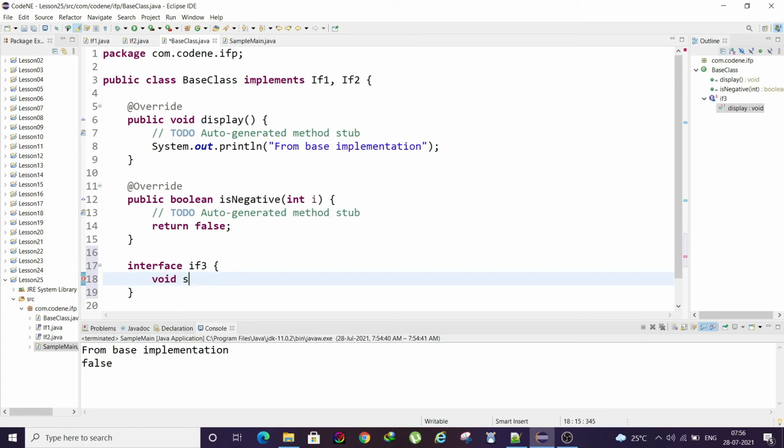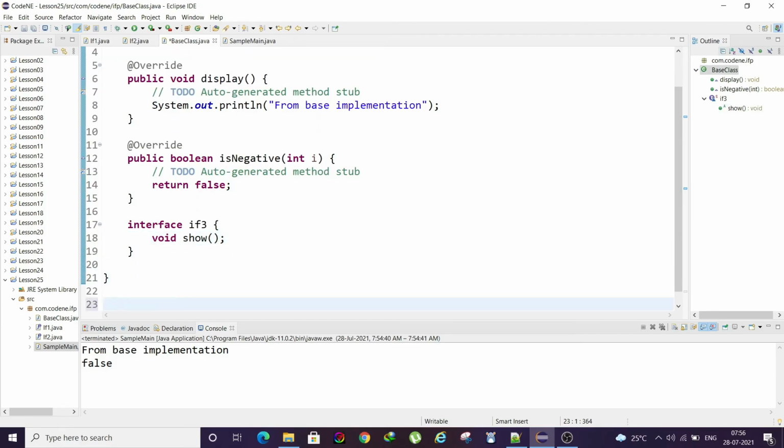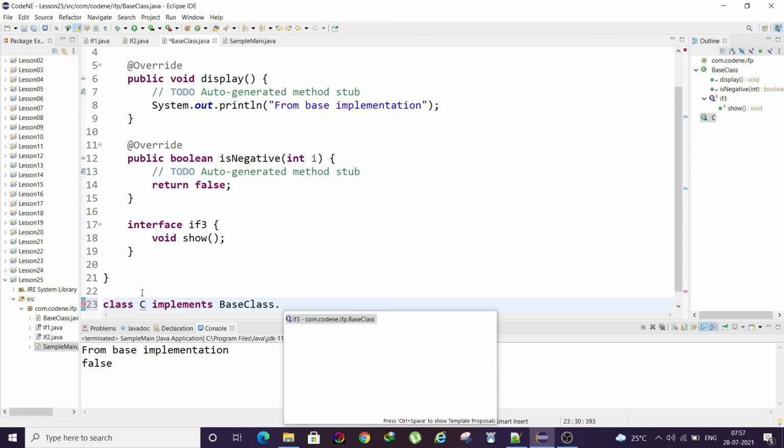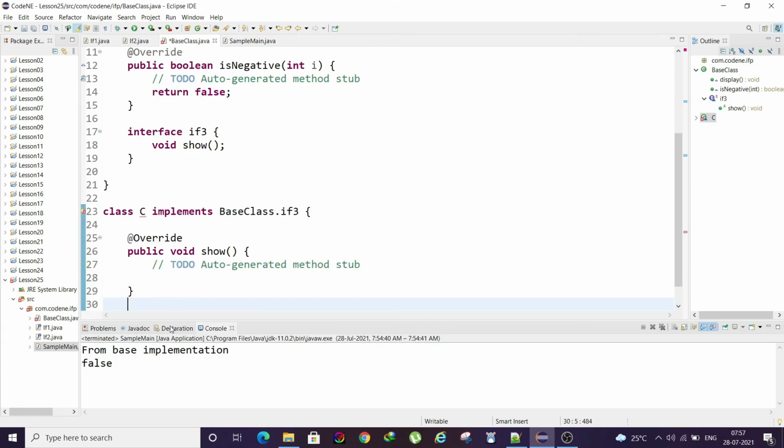No, let's change the name for now. Let's name it show, okay? So inside this you will have a class, let's say C, then it wants to implement, and we'll just name it base class dot if3 and done. Then of course you need to add the unimplemented method, and that is how the nested interface works.